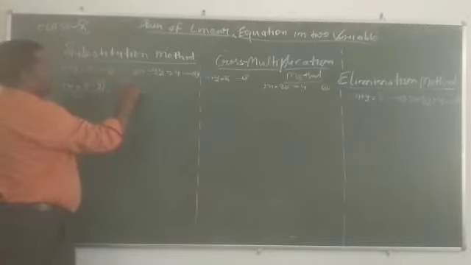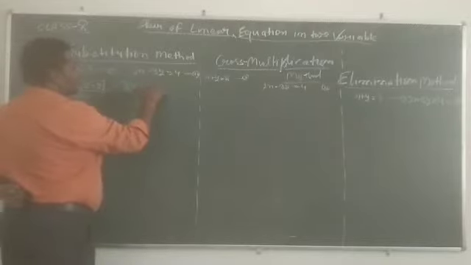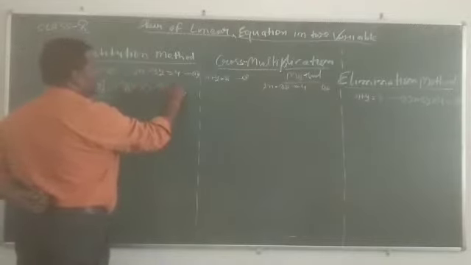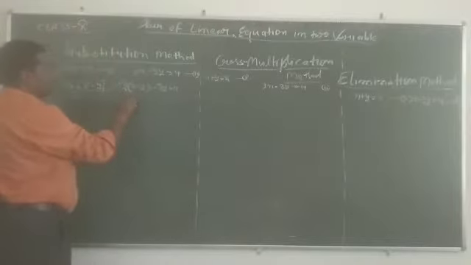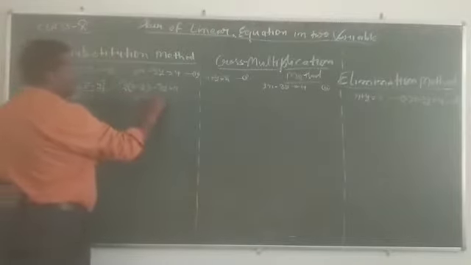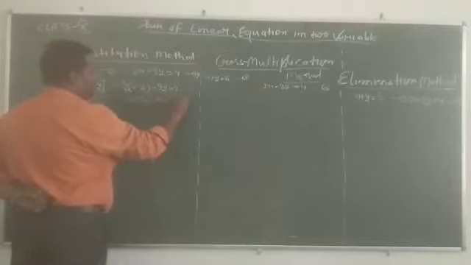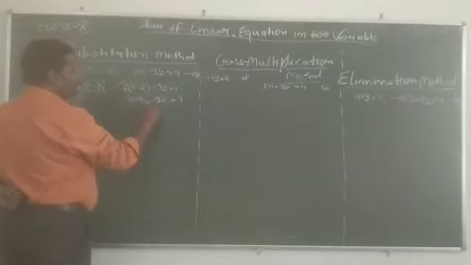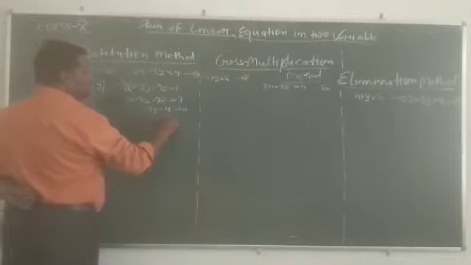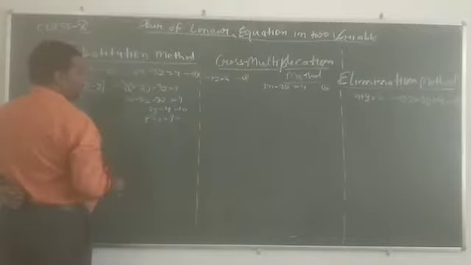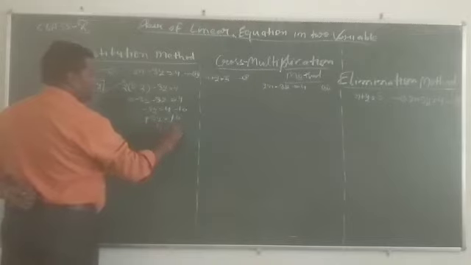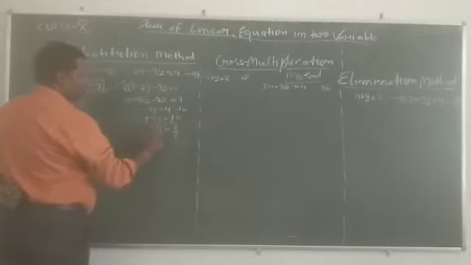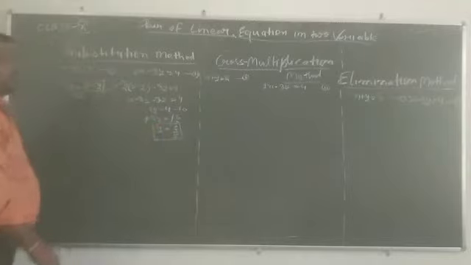2 bracket 5 minus y, minus 3y, equals to 4. Multiplying it, 10 minus 2y minus 3y equals to 4. You see that minus 2y and minus 3y come to minus 5y. And 4 transferred to the other side is minus 10? So minus 5y equals to minus 6. Minus minus are cancelled, then the value of y is 6 by 5. Okay, that is how to find the value of y.